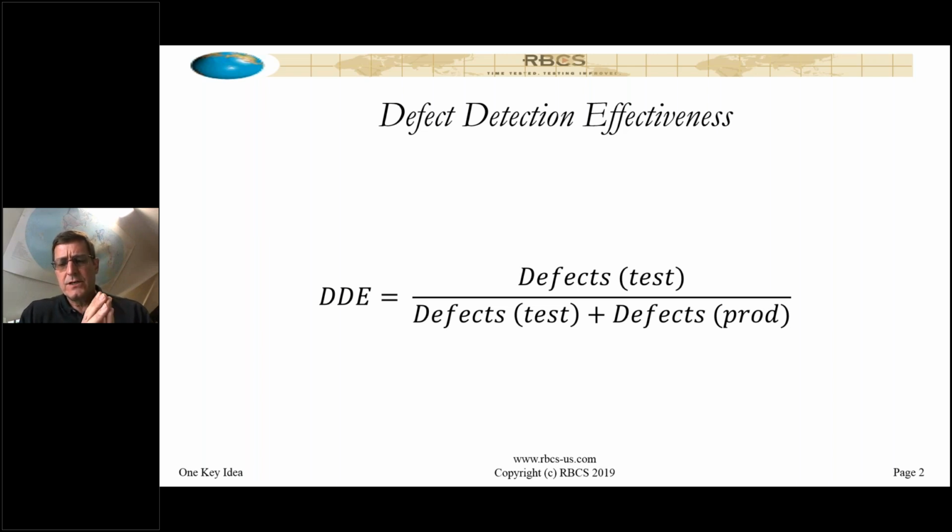So let's say that you find 80 defects in system integration test and UAT finds 10 defects, and then there are 10 defects that are subsequently found in production. So your DDE is going to be 80 divided by 80 plus 10 plus 10. So in other words, 80%. Now the DDE for UAT is going to be 10 divided by 10 plus 10. They're only going to find 50%. So that's actually going to be a pretty poor number for UAT, and you'd want to look at ways of improving it. You'd also want to look at ways of improving your own DDE, because 80% is a little bit